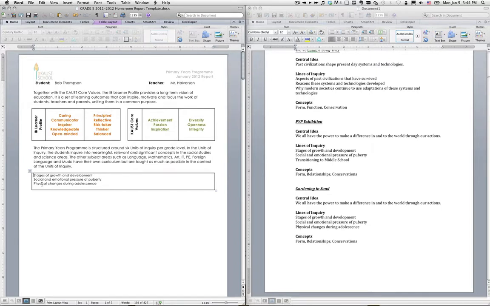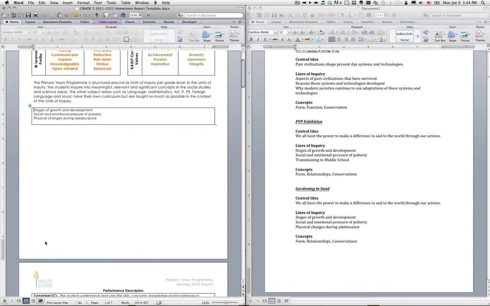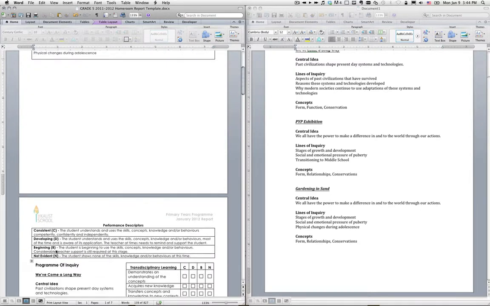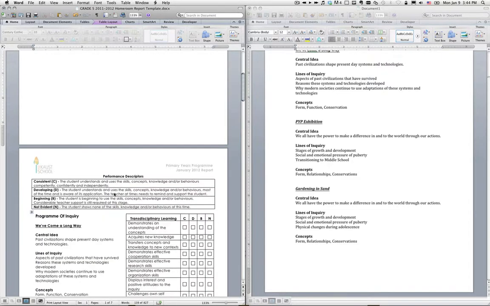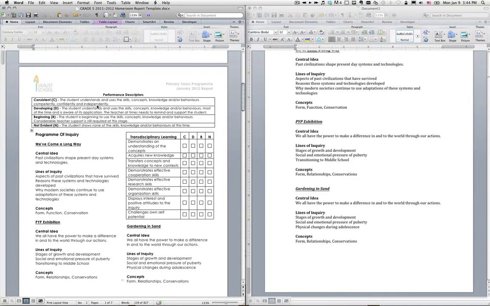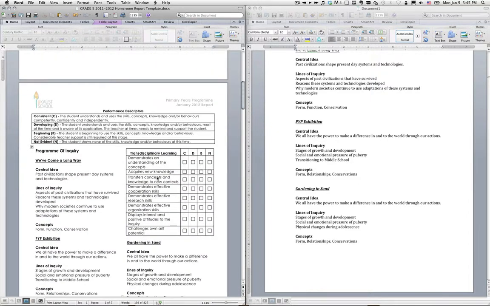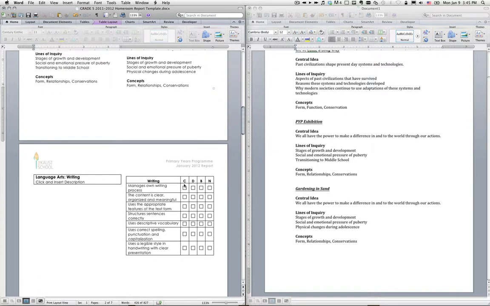If you write that much, you're crazy. If you write less, you're probably less crazy. So this will just push down, and if it needs more space, it just pushes on, and then all of this page would just get pushed down one so that it looks fairly good. This stays on a page just like this. So you've put in all that. You've put in the comment for the kid. What's left to do? You mark in how they're doing in each thing by clicking on the box. When you're done doing that for every single student,